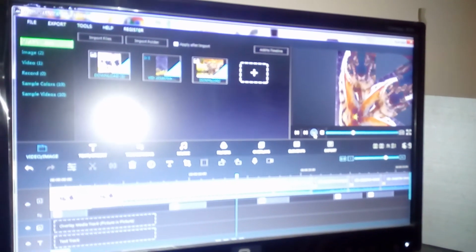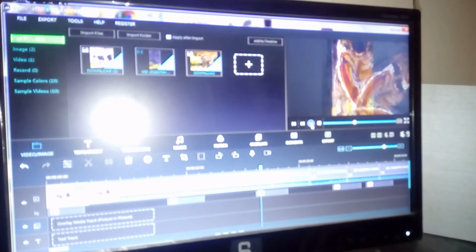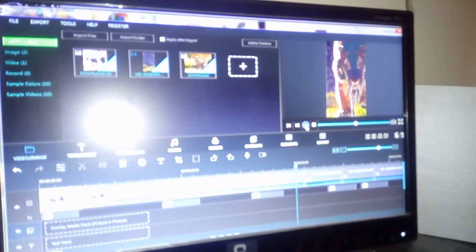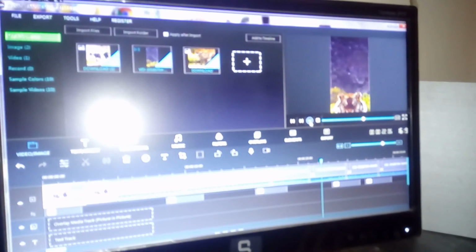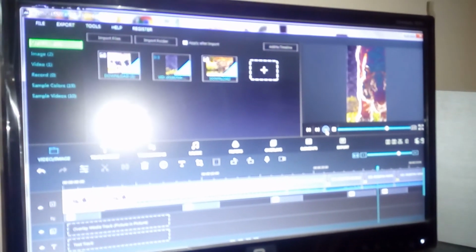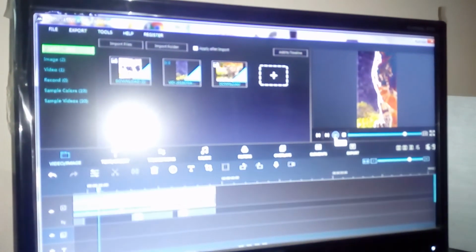Now you can see there are different effects of transitions and filters. We have also learned that we can place a portion of a video clip from one location to another.